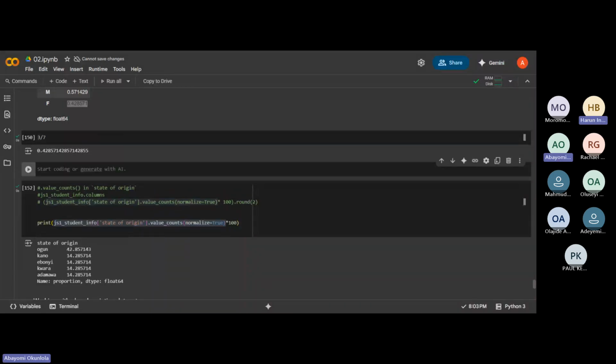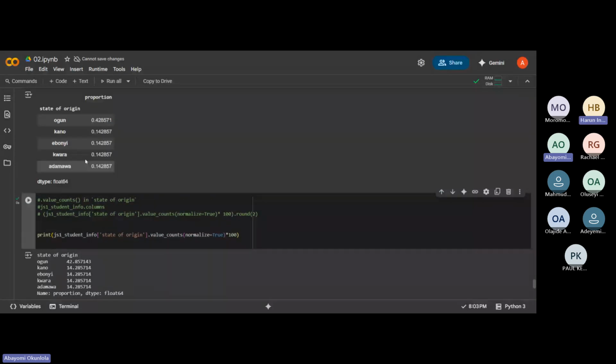So we run this first. This gave us 0.428571. Now we said okay, let's add 100 to it. Then it gave us 42.85713.